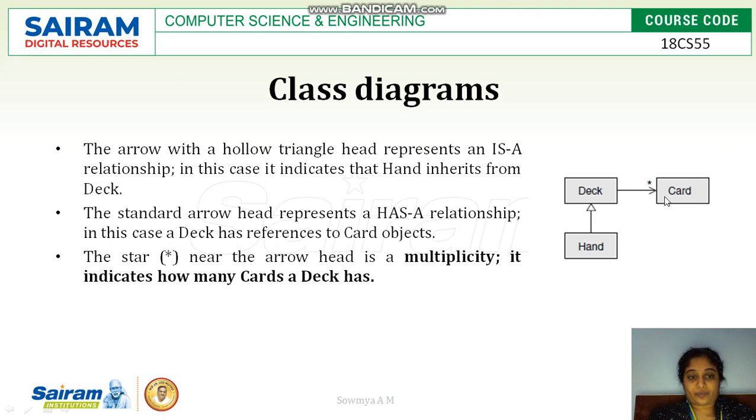If the relationship is an is-a relationship, then the class diagram is represented with a closed arrow mark. If it is a has-a relationship, then it is represented with an open arrow mark like this, and a star is written inside the head, which shows the multiplicity, meaning it indicates how many cards